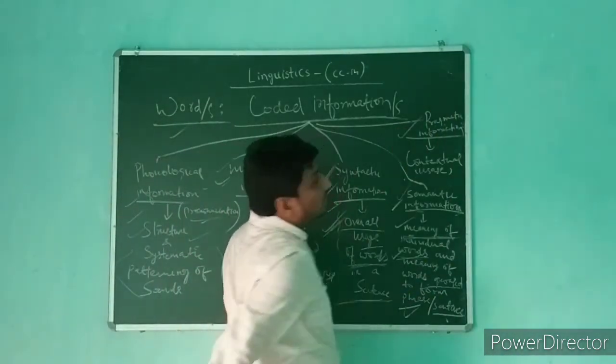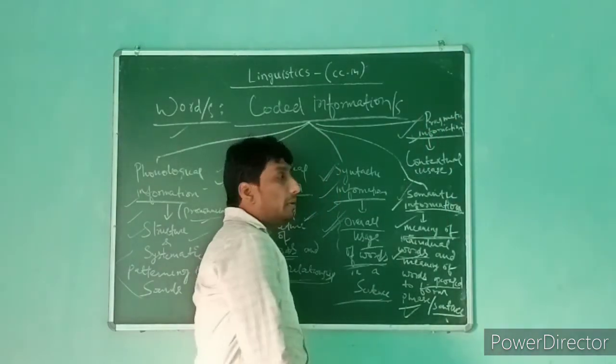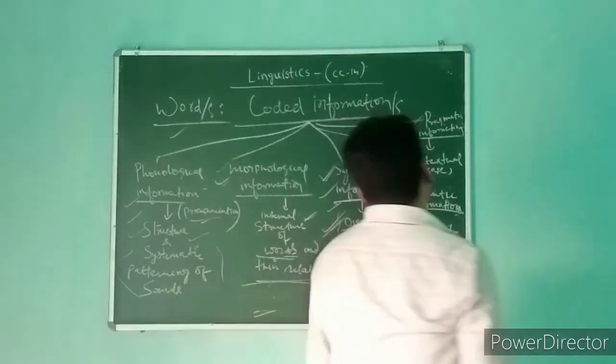And the fifth and last one is pragmatic information. What kind of information is this? Pragmatic information is a kind of information